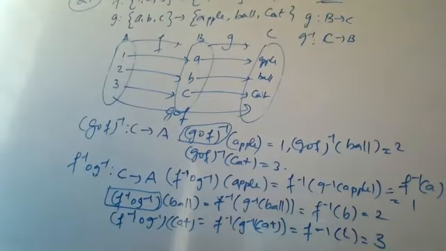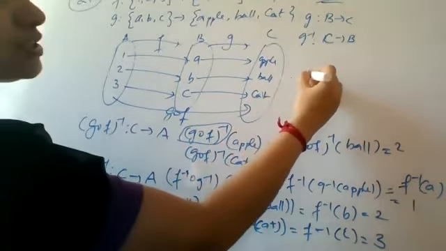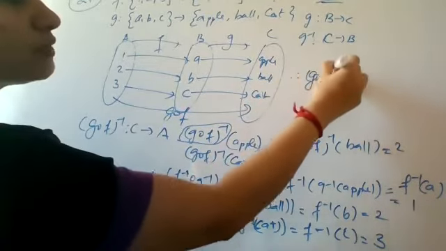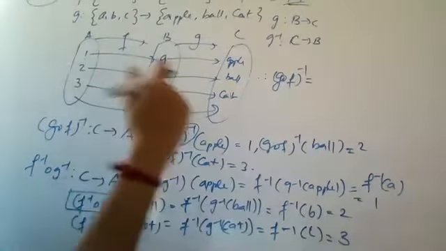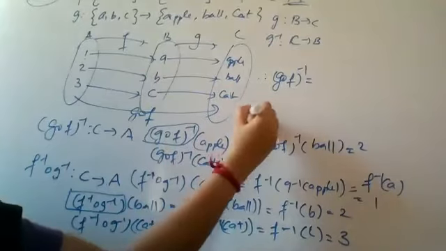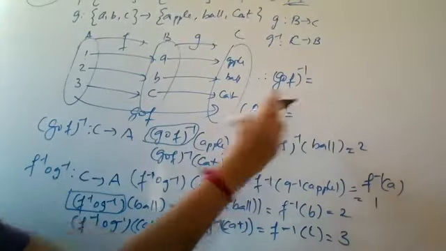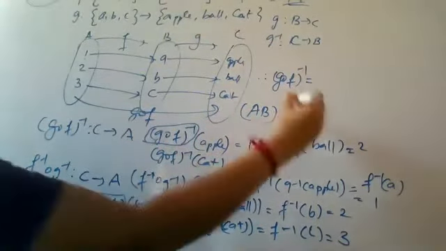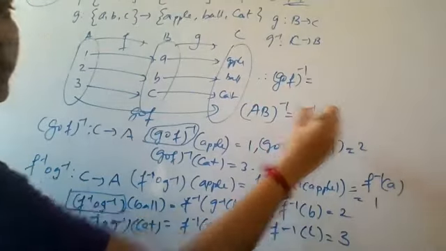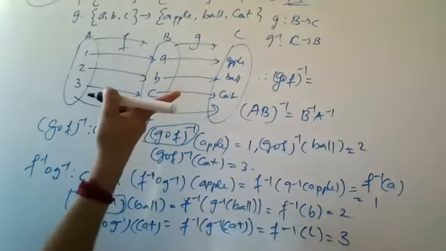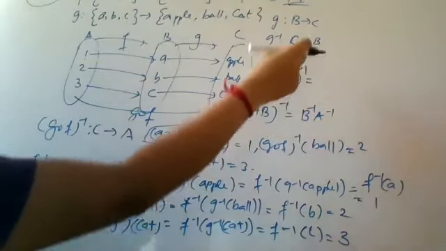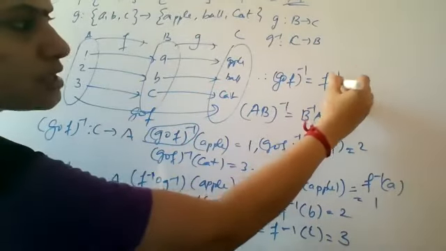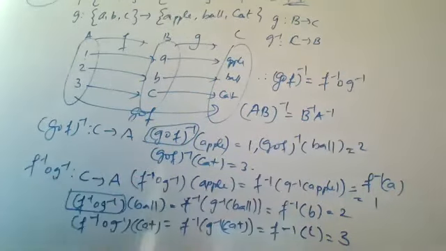Therefore we can say that G composition F the whole inverse is equal to, उल्टा जैसे हम AB the whole inverse मैट्रिक्स में लिया था, हमने AB the whole inverse और AB the whole transpose was your B inverse A inverse or B transpose A transpose. Similarly for this composition function also you are getting G composition F the whole inverse is F inverse composition G inverse. Okay, in the reverse order it will give you.